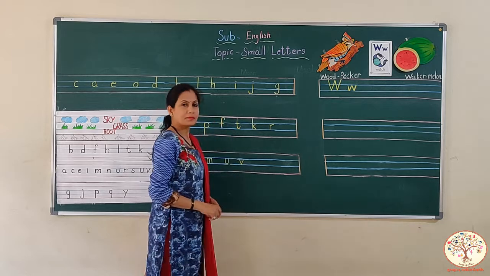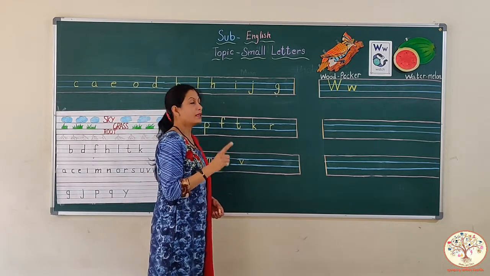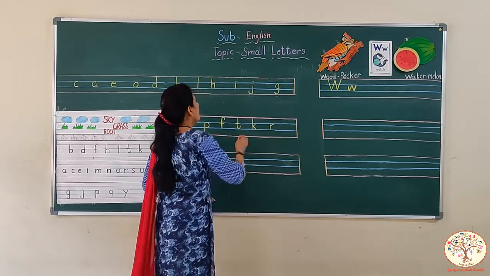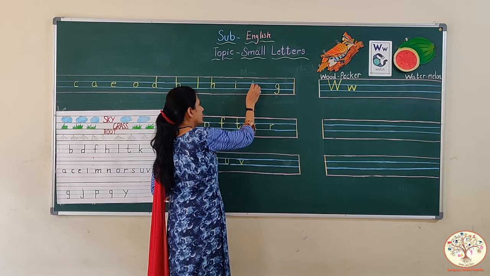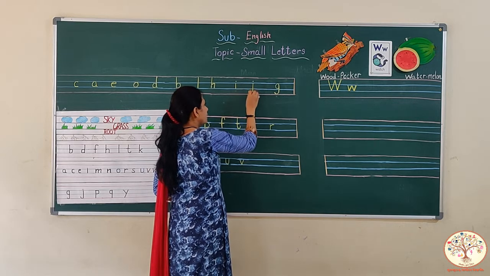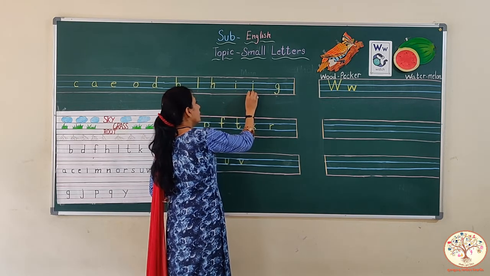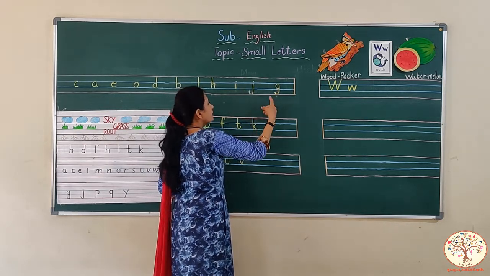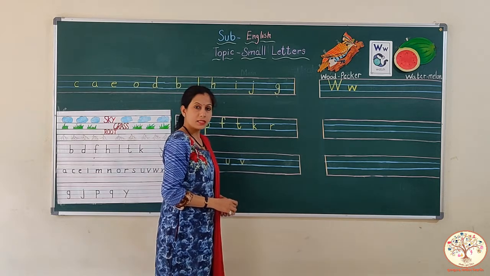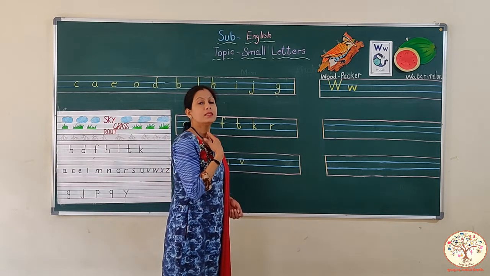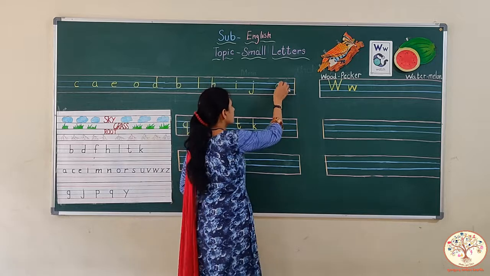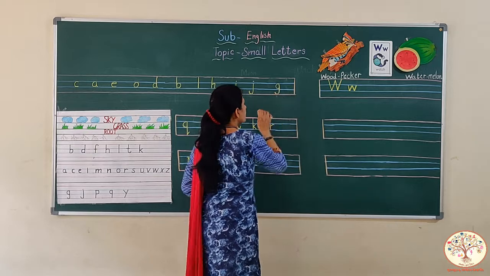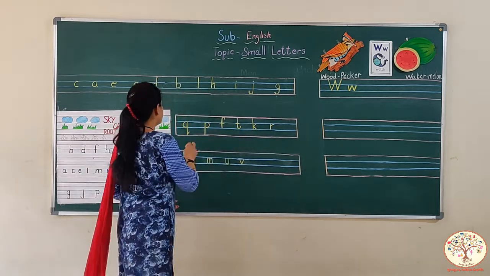And this one is J. J says J. Jelly. This is root letter. Start from the second line and end at the root line, bottom line. This is small j, dot on the top, okay. And this one is G. G says G. First we make C, then a standing line and turn like J, okay. This is G.